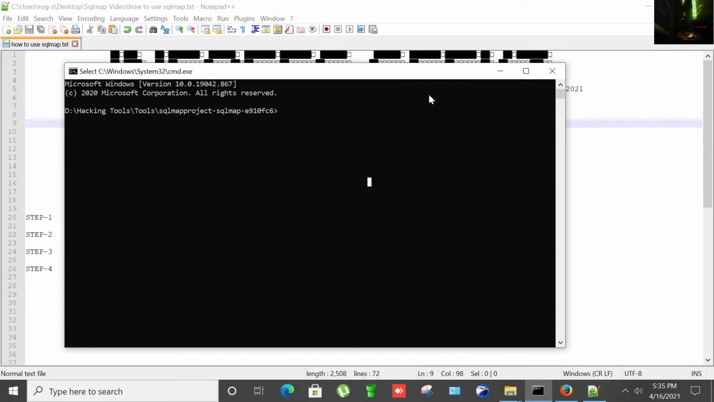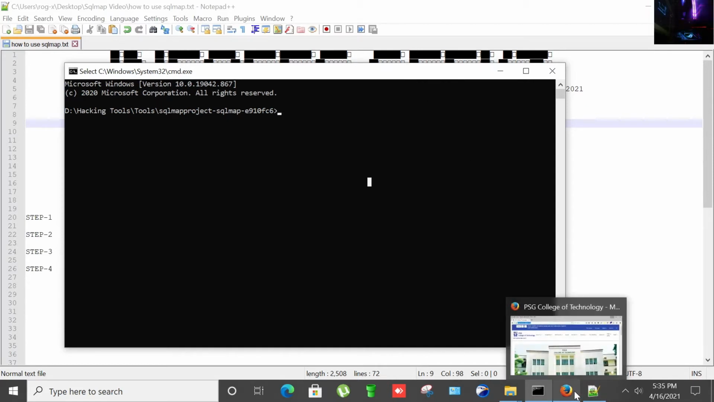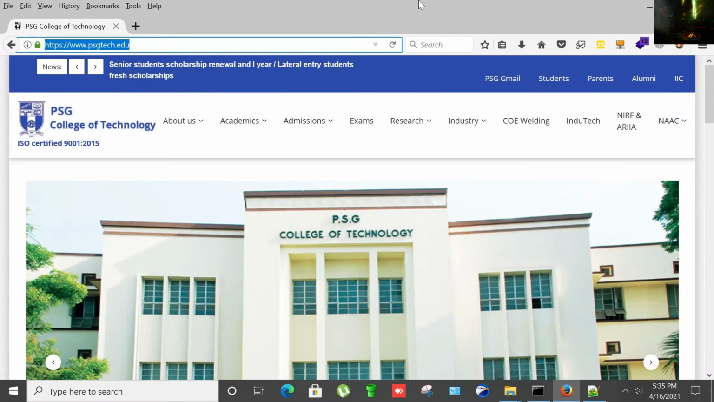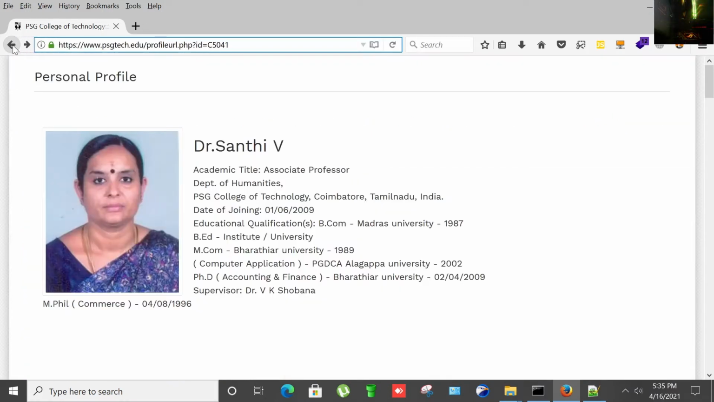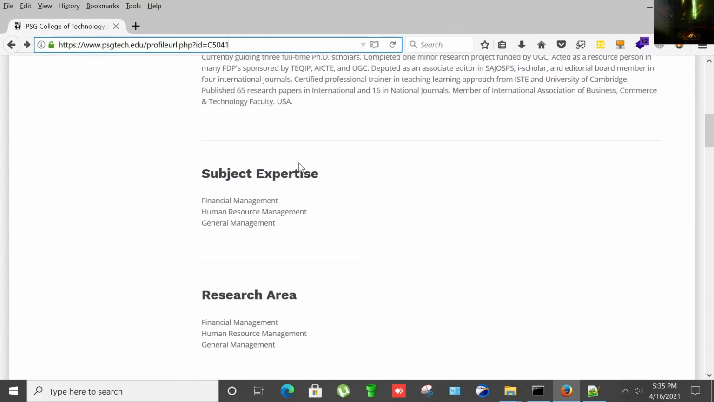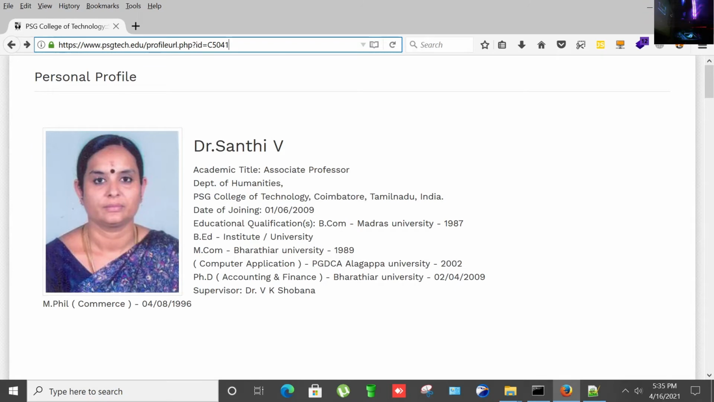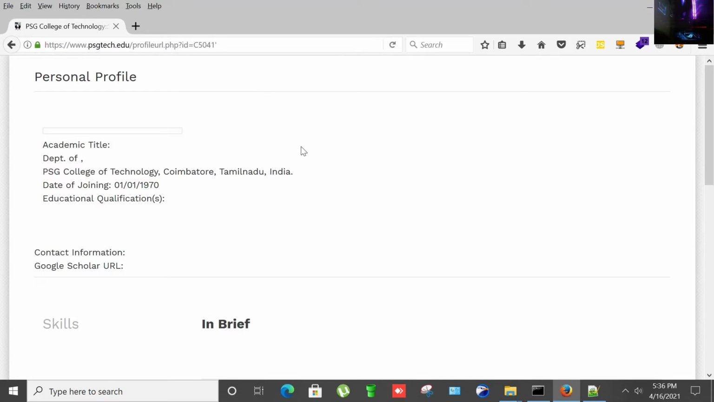So before proceeding further, let me show you a website which I'm going to test today. This one right here. It's a PST College of Technology, and here we have a vulnerable URL through which we can perform SQL injection. Putting a single quote here to check if it is vulnerable. Yes, it is showing us errors, as you can see here. Again putting here, it's not showing. Okay,